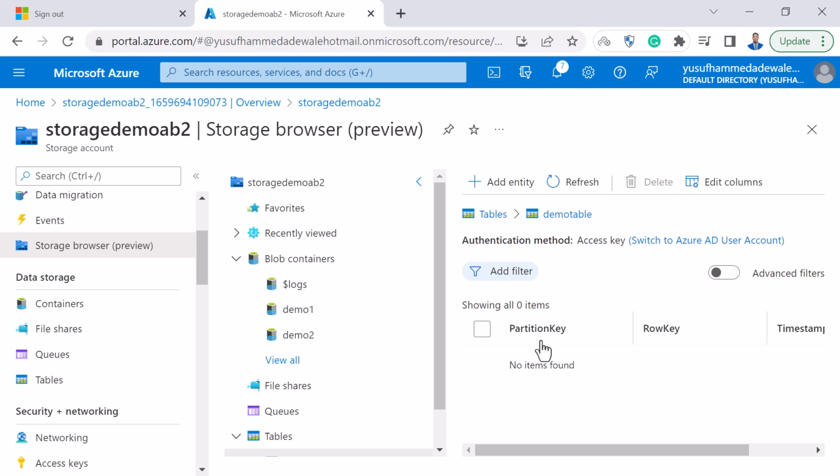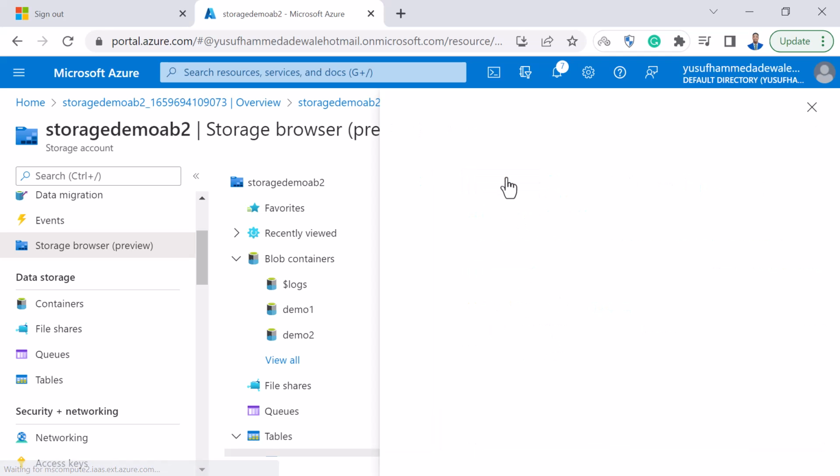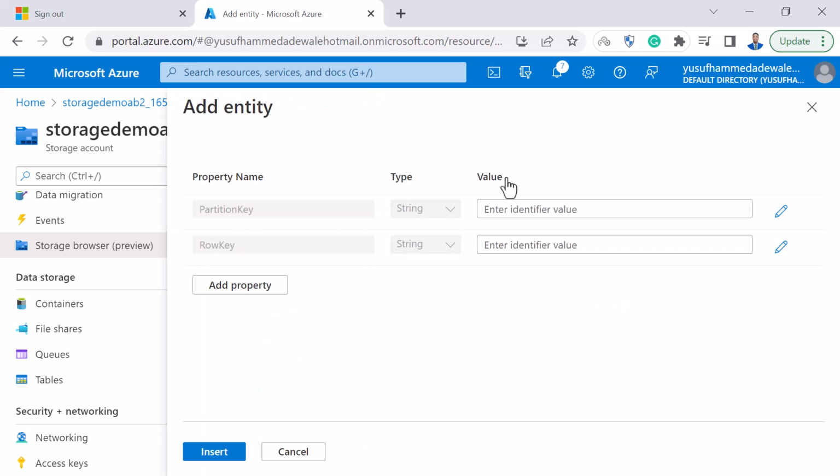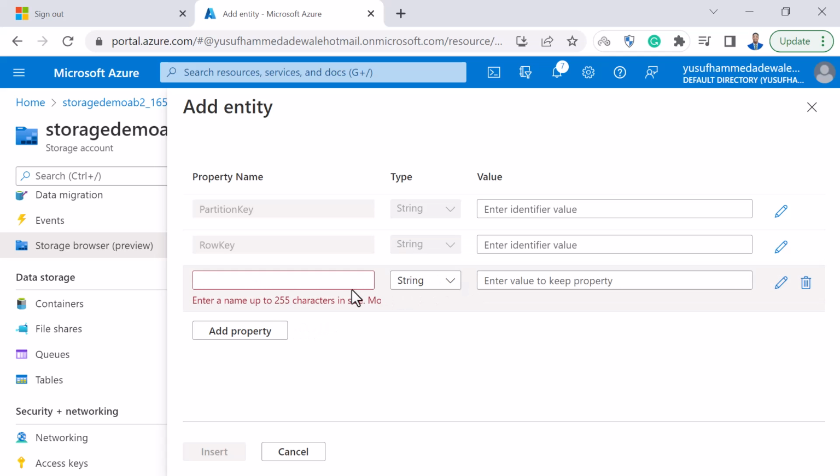Entity simply means a column, right? So I can start adding more entities that I want to add inside this table. If I click on add entity right here, add entity is going to allow me to add different property names and different entity names and the values, right? So I can start adding the properties, add different things. The properties I want to add here, I can say